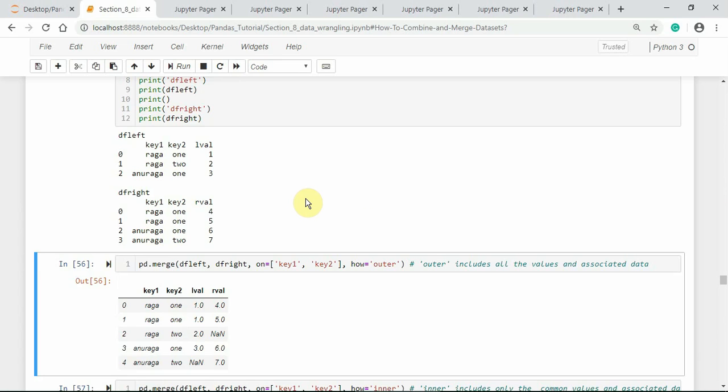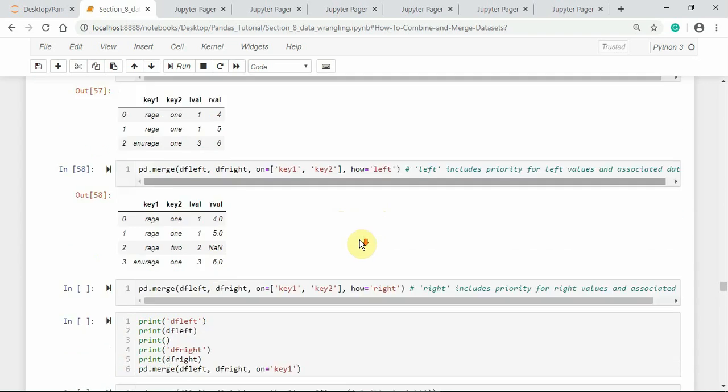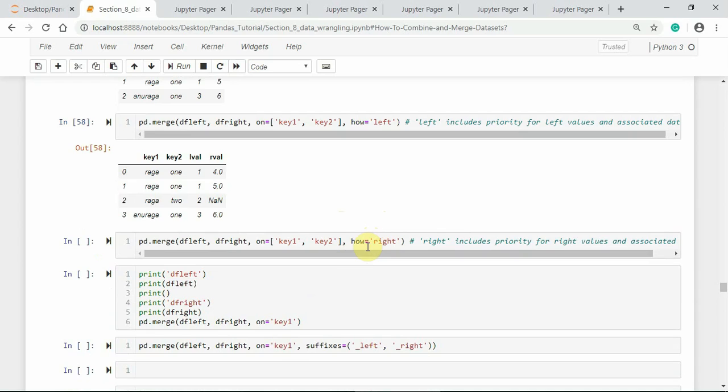That means how is equal to inner will consider the intersection of the merge key rows. If we do a left join by passing how is equal to left, the left data frame rows are given the primary priority. Similarly, if we pass how is equal to right, the right data frame rows are given the primary priority.